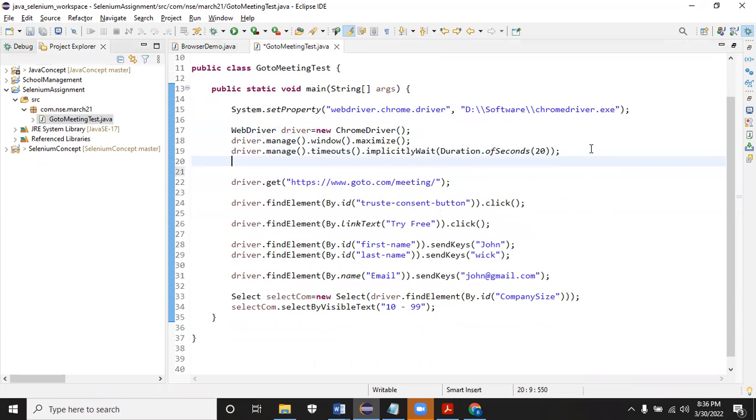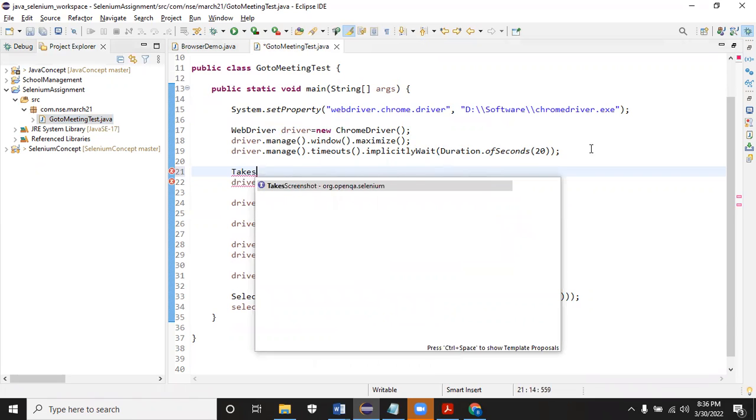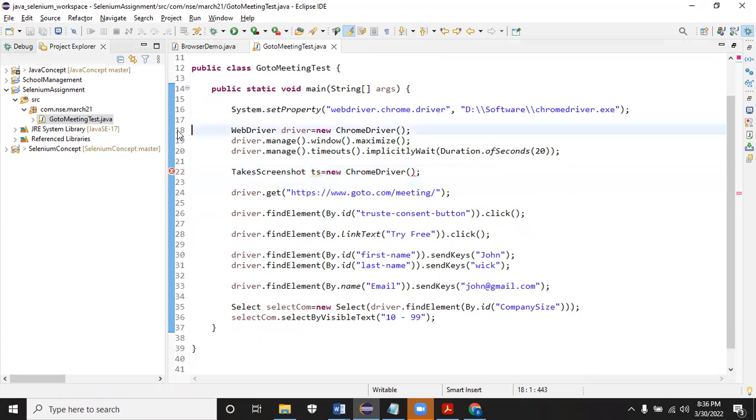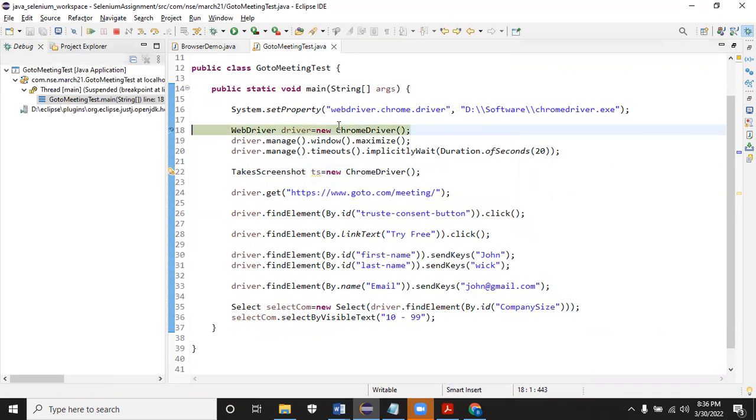If I do this, take screenshot is already available in take screenshot. You see org.openqa.selenium. If I do this new Chrome driver, what it will do is, just listen here. Let me put a breakpoint here and debug it and show you. Line number 18 will launch the browser, which we already discussed. Okay, you see it will launch the browser.